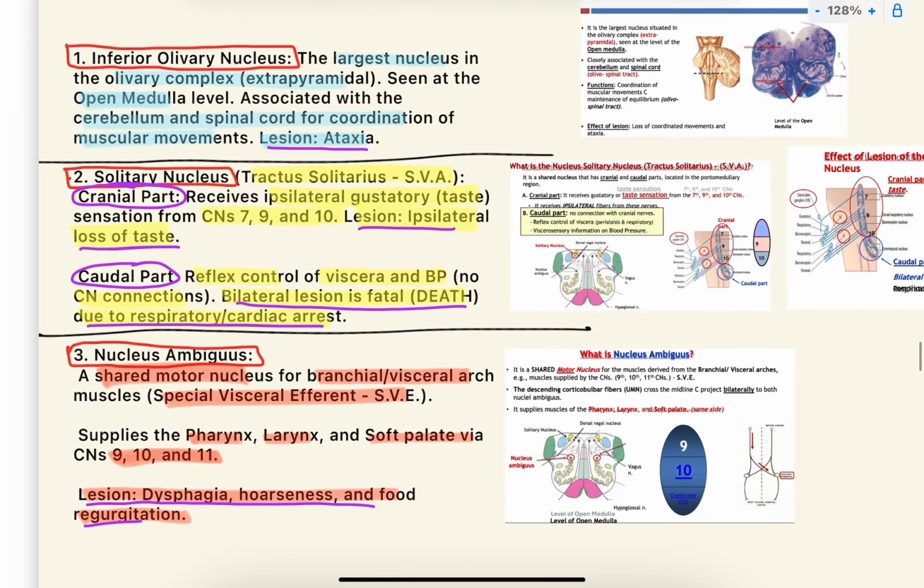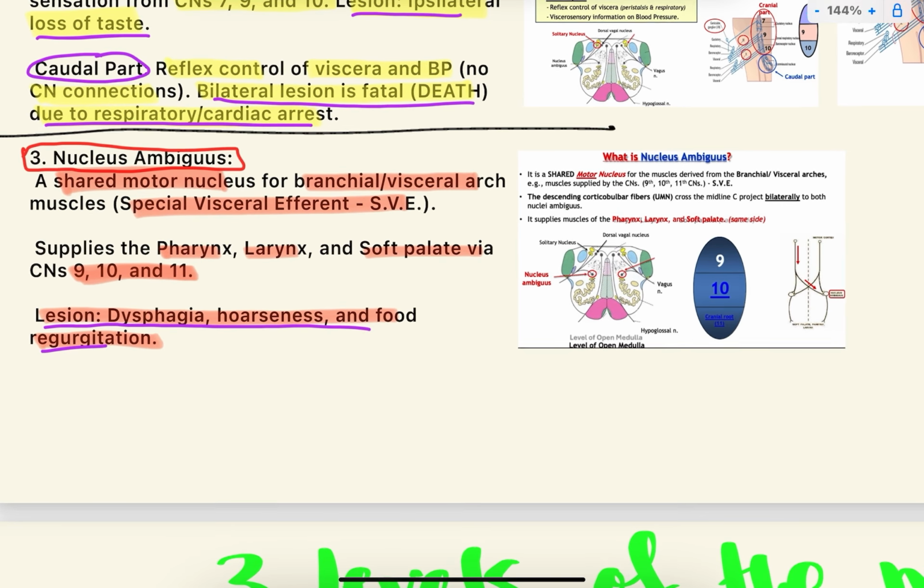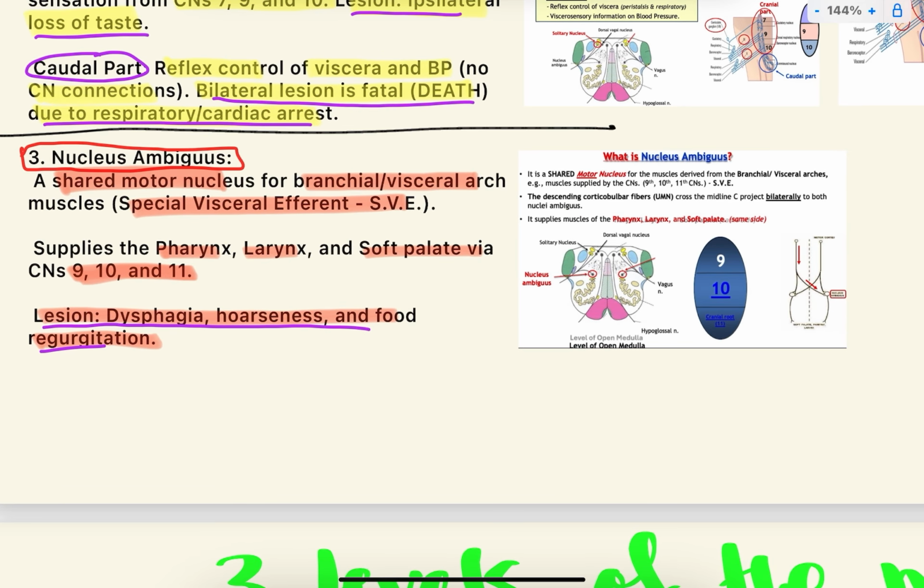Now let's talk about the nucleus ambiguus. What is it about? It's a shared motor nucleus, for the branchial and the visceral arch. What do I mean by shared? It has cranial nerves 9, 10, and 11, so it's associated with the pharynx, the larynx, and the soft palate. If there is a lesion to the nucleus ambiguus, it will lead to dysphagia, difficulty in swallowing, hoarseness of your voice, changing of the voice,